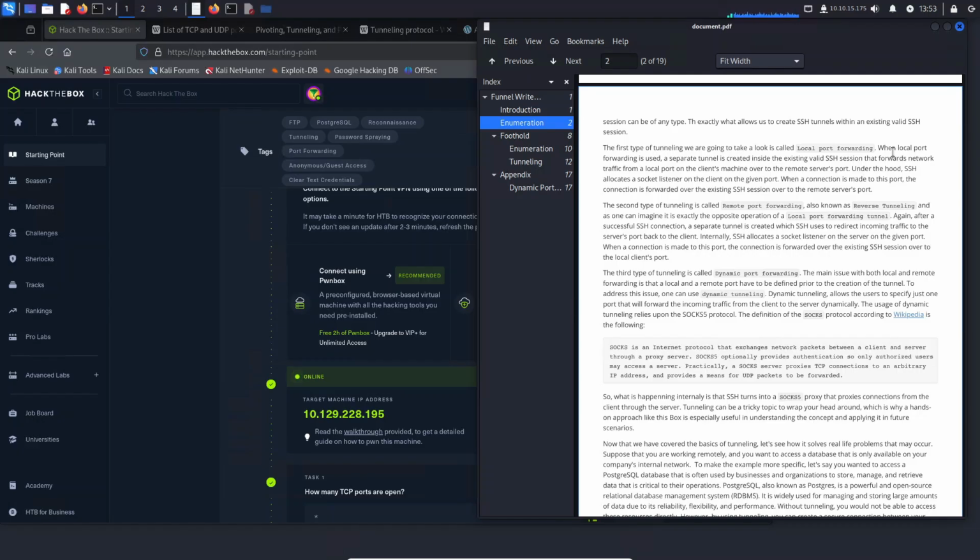The main issue with both local and remote forwarding is that a local and remote port have to be defined prior to the creation of the tunnel. To address this issue, one can use dynamic tunneling. Dynamic tunneling allows the user to specify just one port that will forward the incoming traffic from the client to the server dynamically. The usage of dynamic tunneling relies upon the SOCKS5 protocol, and it provides a means for UDP